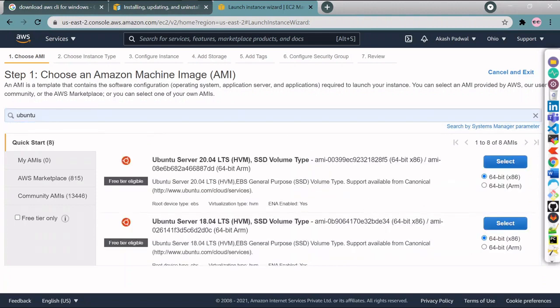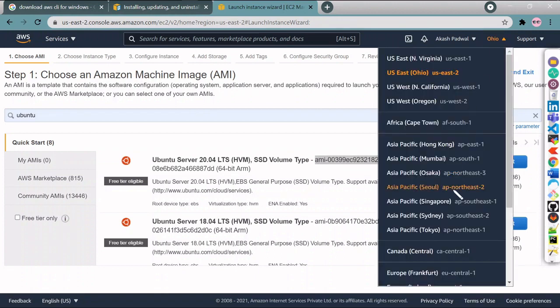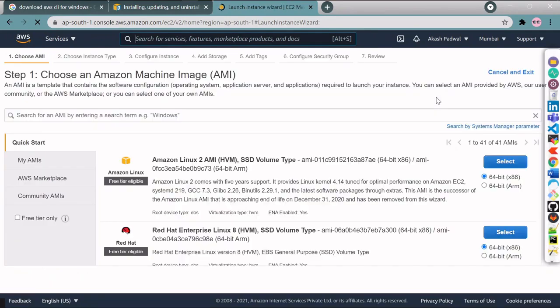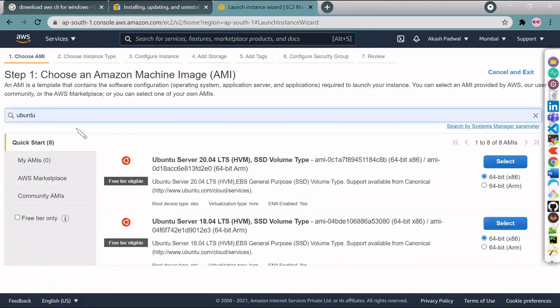You can see this ID. First let's check the region. Yes, I've changed to Mumbai, ap-south-1. So search for Ubuntu, and we have to take this ID. Simply copy it